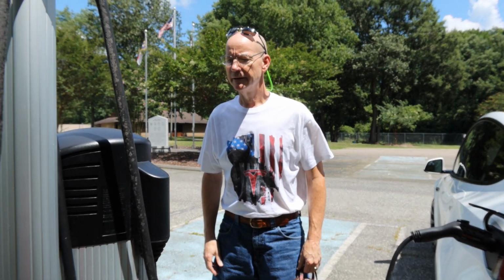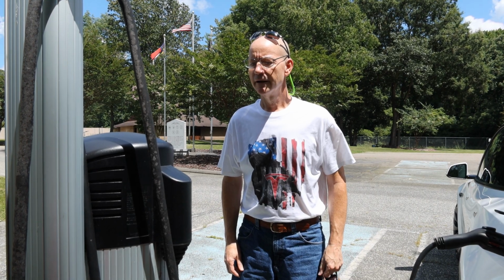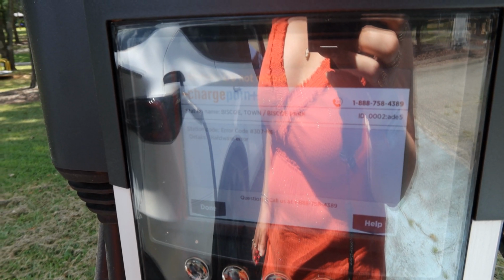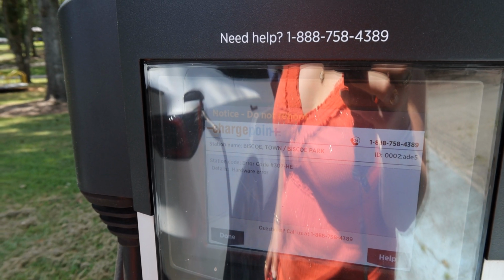All right. It looks like it's trying. It says it's started charging, it looks like. It says waiting for vehicle. It says hardware error. But that might be because of the...